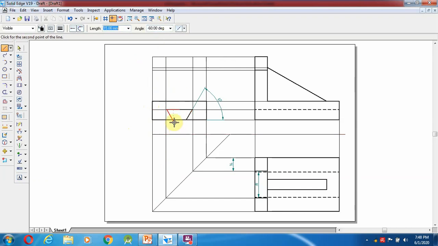So it comes over the end, then go to the trim, select the trim for the small extended line, and the angle you can measure with the help of the angle between this as well as this. So that also is 60 degrees.